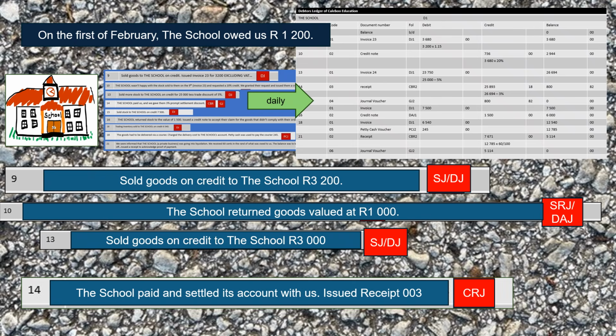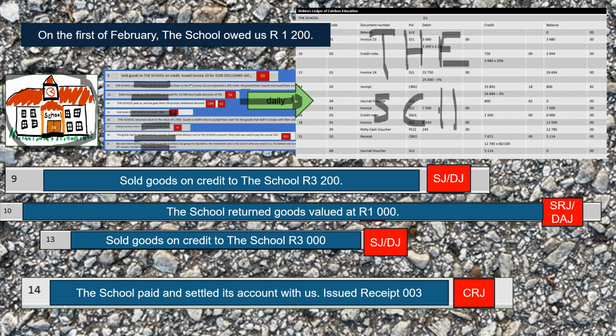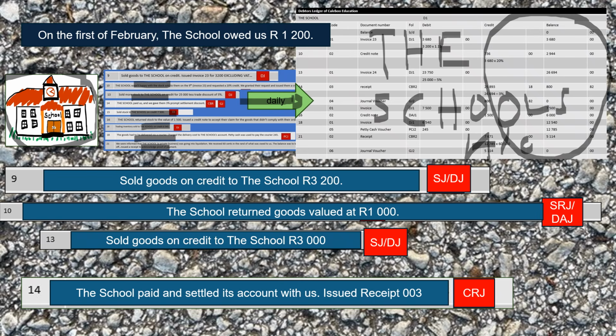You don't need to know all of this, but the school entered into all these transactions during the month, and that information on a daily basis was posted to the school's account. I'm just going to write account. This here is the school's account